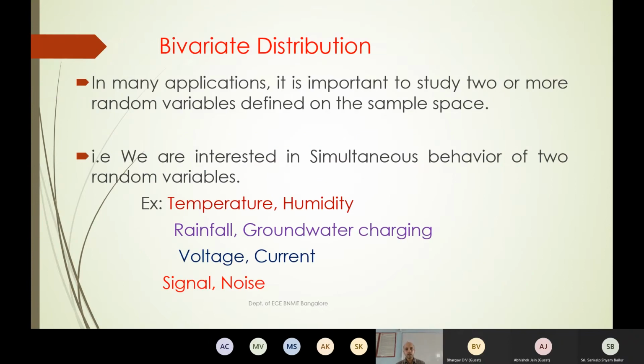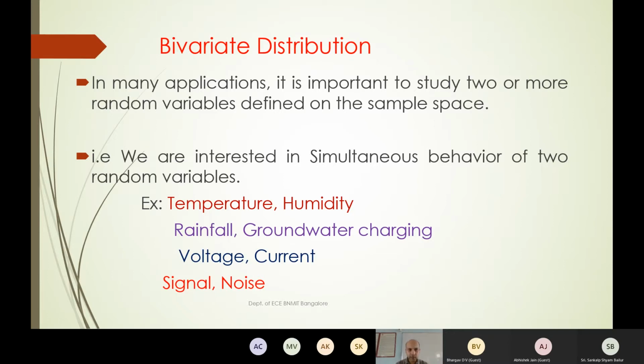Now in module 1, we looked at temperature as a separate entity and got the probability mass function out of it. And let's say another random variable, humidity. We looked at it again as another entity, conducted an experiment and found its probability mass function. How is this second module going to be different?